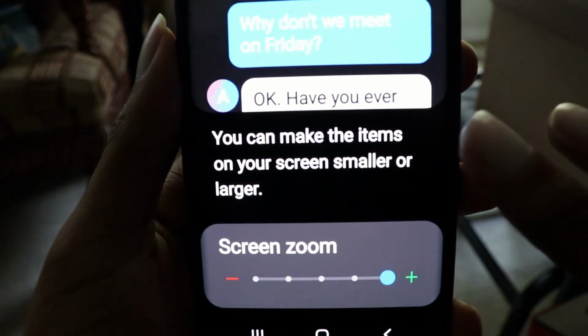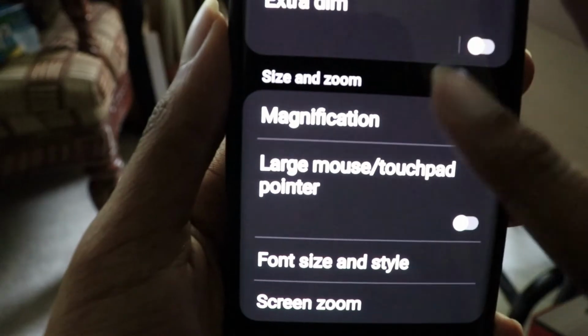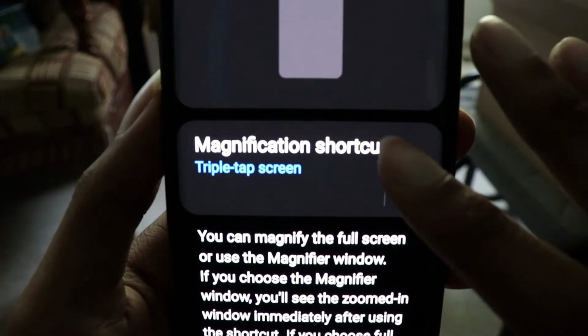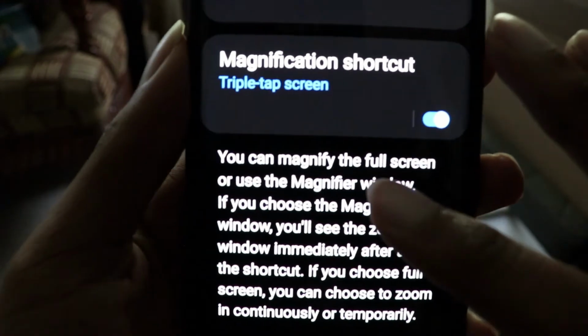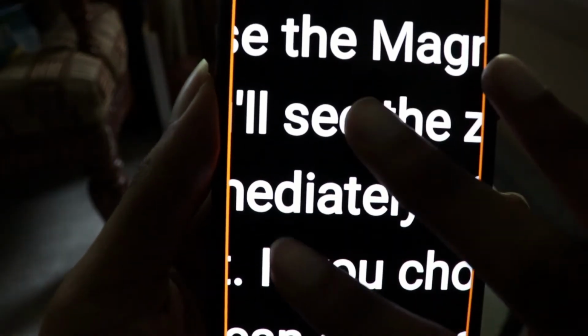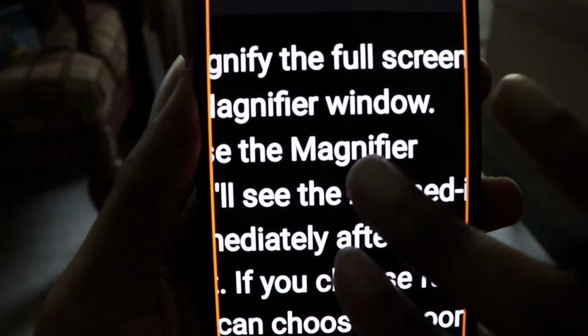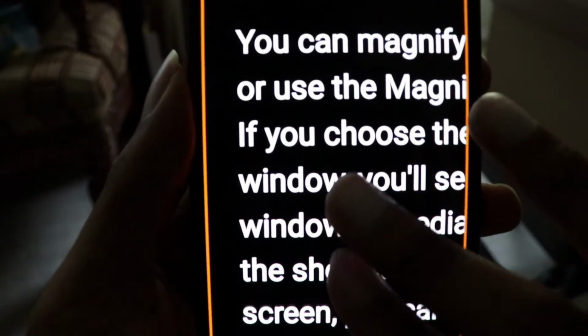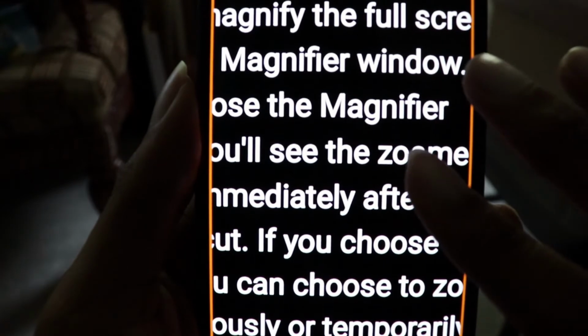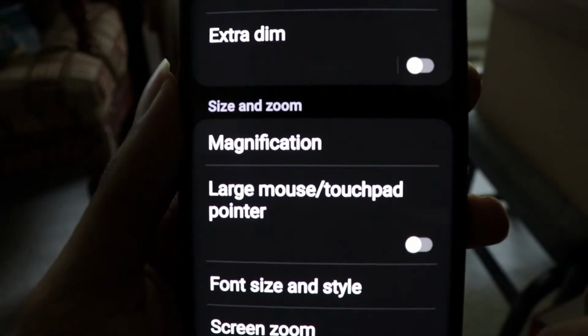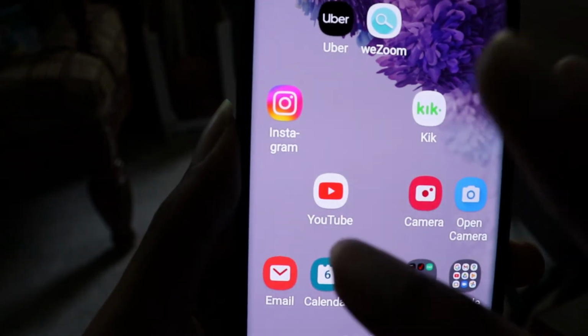And then, as an accessibility feature, you can turn on the inbuilt magnifier, and that allows you to triple tap the phone, and it will magnify whatever's on screen for you. You can move the magnification around the screen with your fingers, and you can pinch to zoom in, pinch to zoom out to get a better view of what's on your phone.